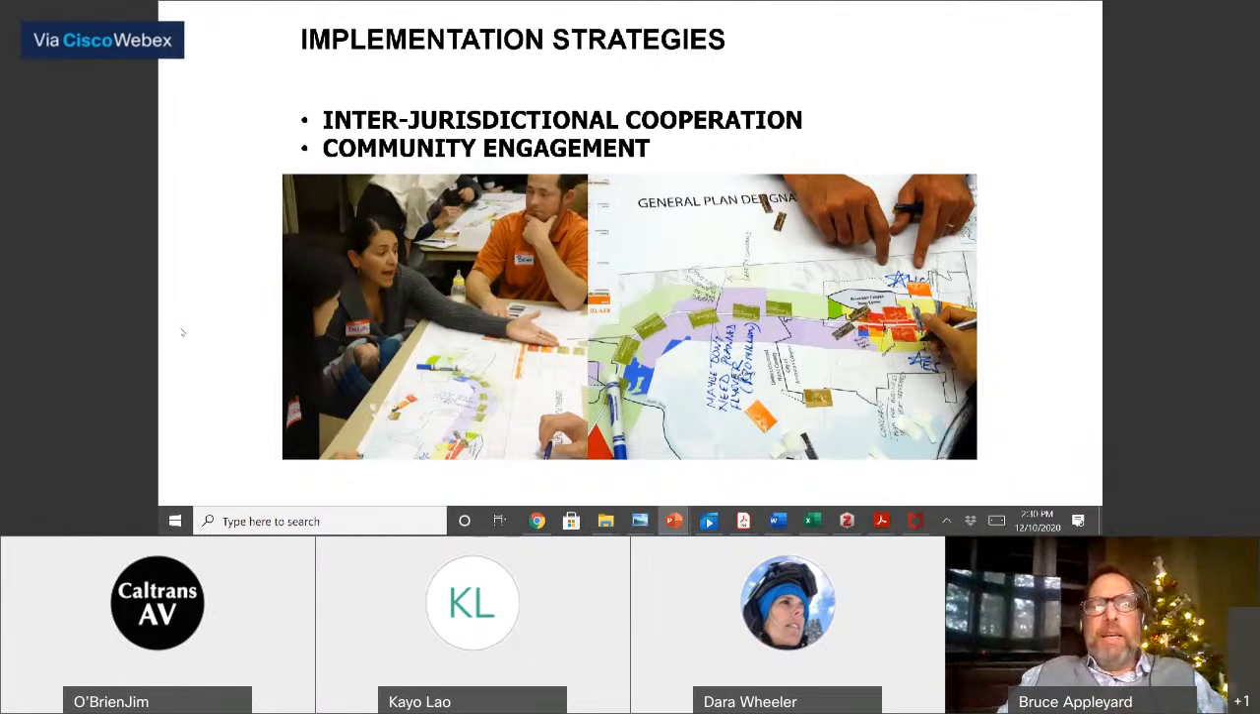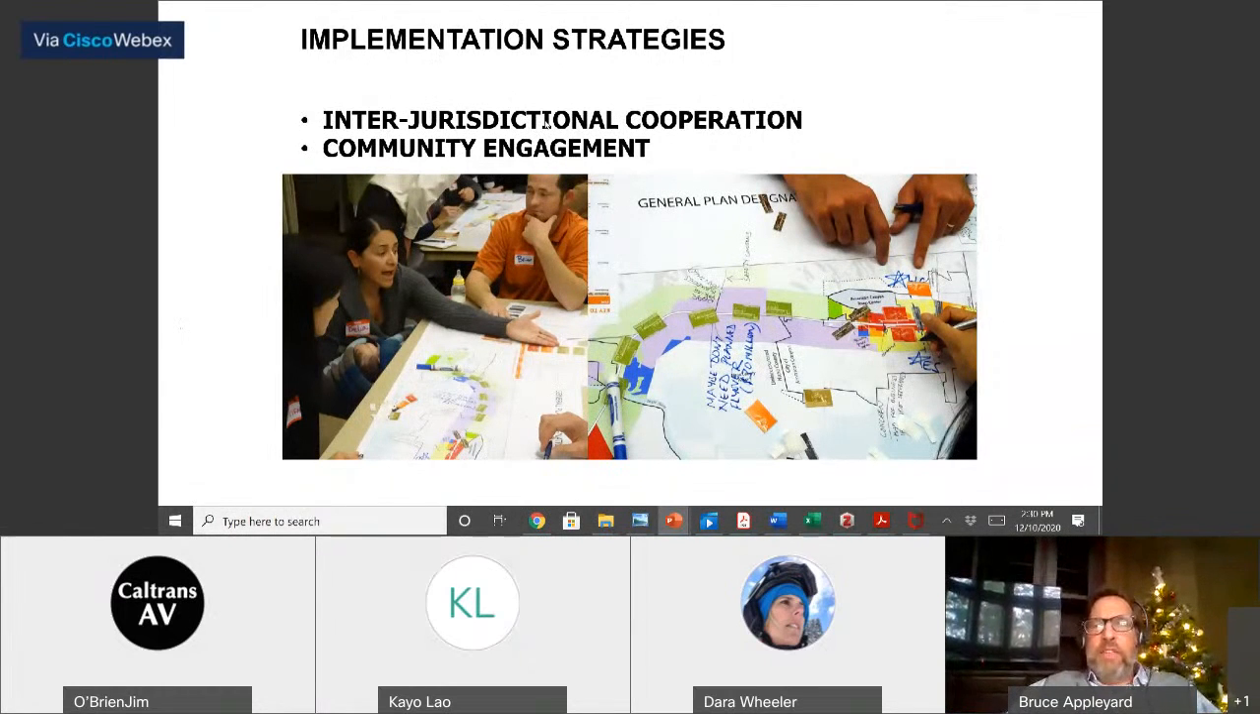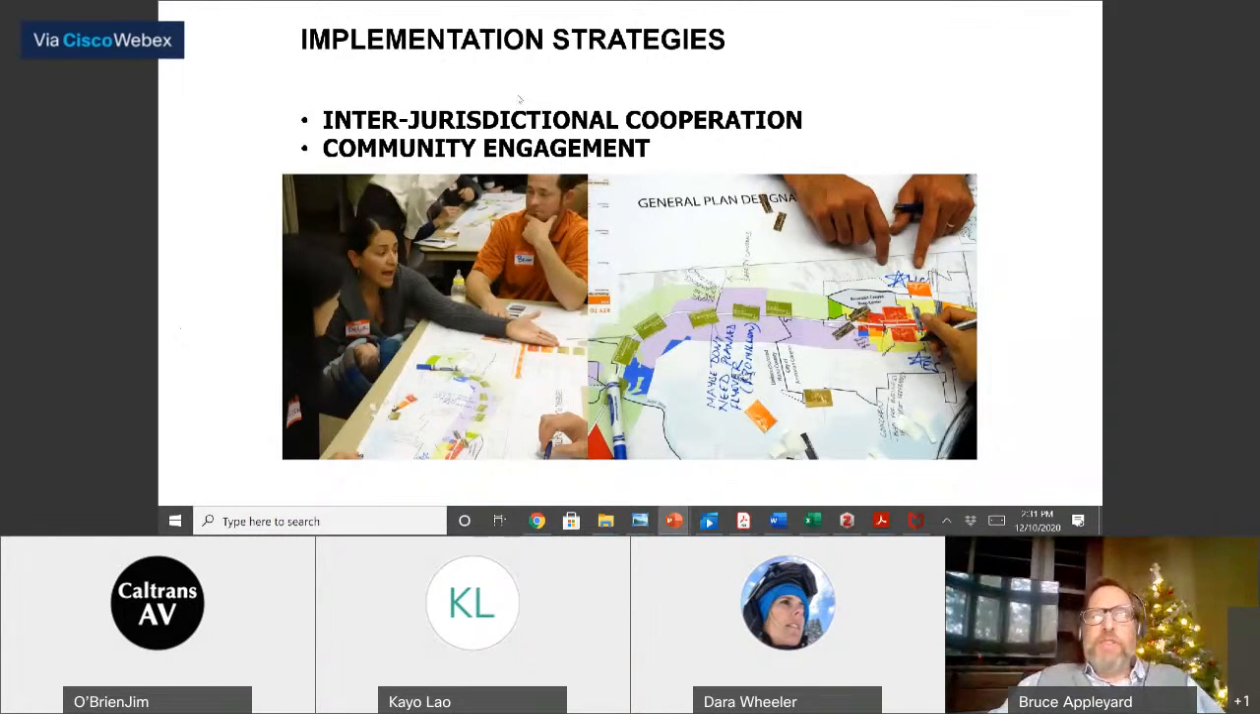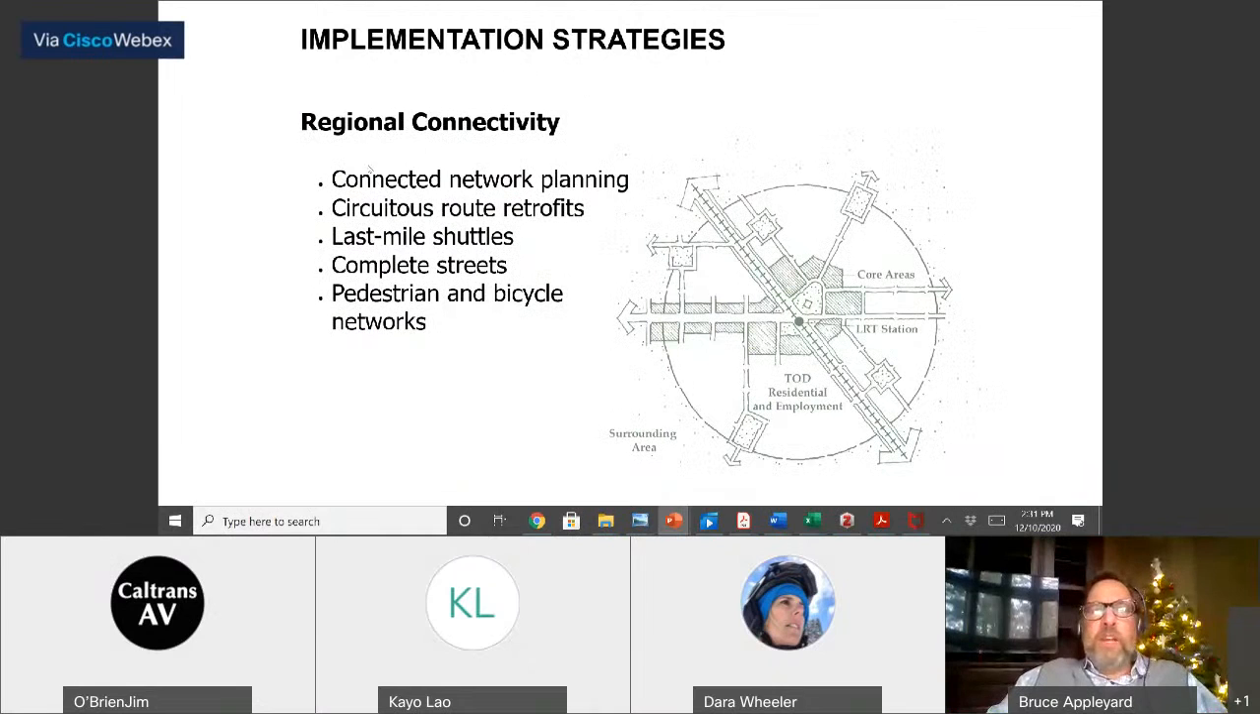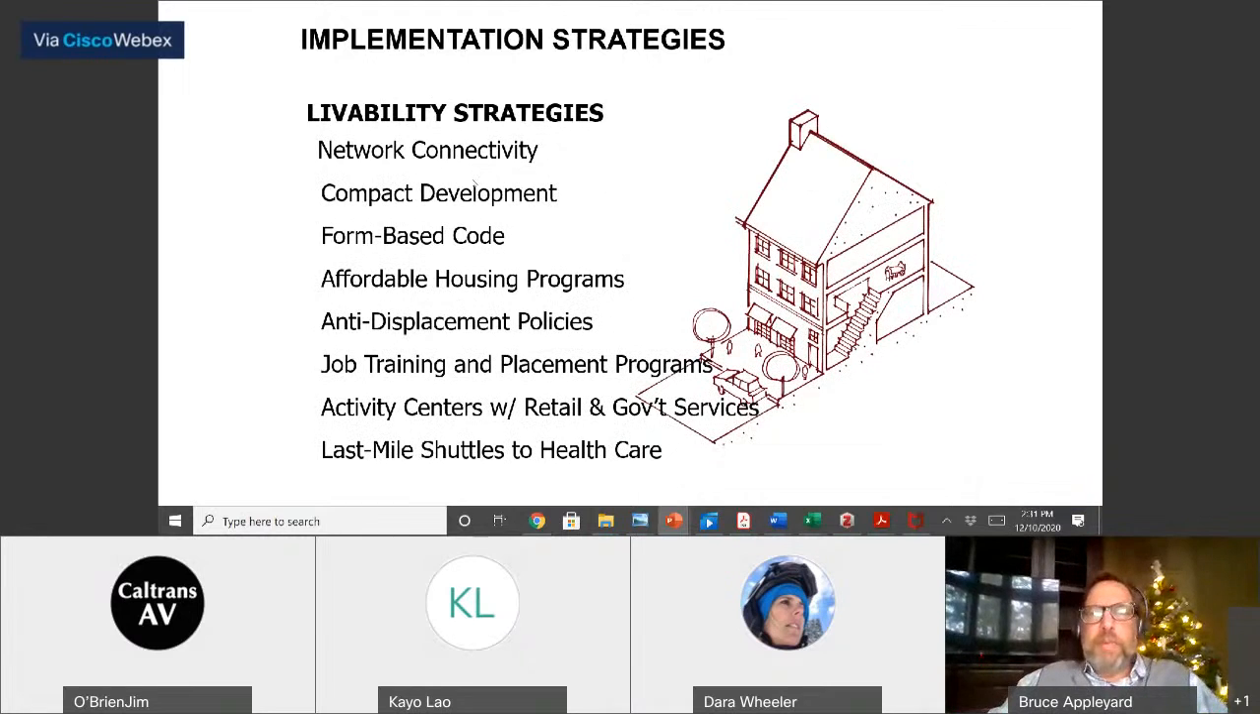So wrapping it up, I'm happy to go through the use of the Smart Mobility and Livability Calculator when we go through the Q&A session. But just wrapping it up, there are a lot of different strategies in the handbook for building livable transit corridors that you might really use going forward, such as interjurisdictional cooperation and community engagement. Also regional connectivity, we can talk about connected network planning. And again, these are all in the handbook. Circuitous route retrofits, last mile shuttles, complete streets, pedestrian and bicycle networks,